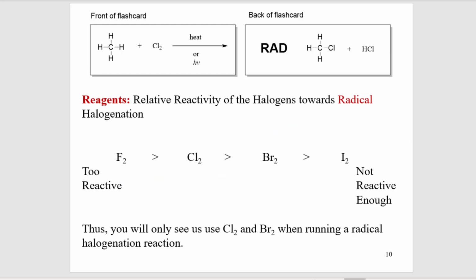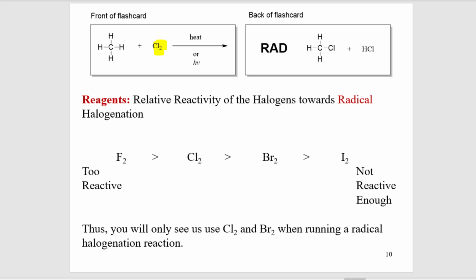Okay, so let's go back to our flashcard. We've looked at methane halogenation using a radical mechanism. One of the things that is determined by rate is the reagent. And in this case, we've used chlorine. You've seen me use bromine. It's important to note that for this radical halogenation, one of the things that is in consideration for kinetics is